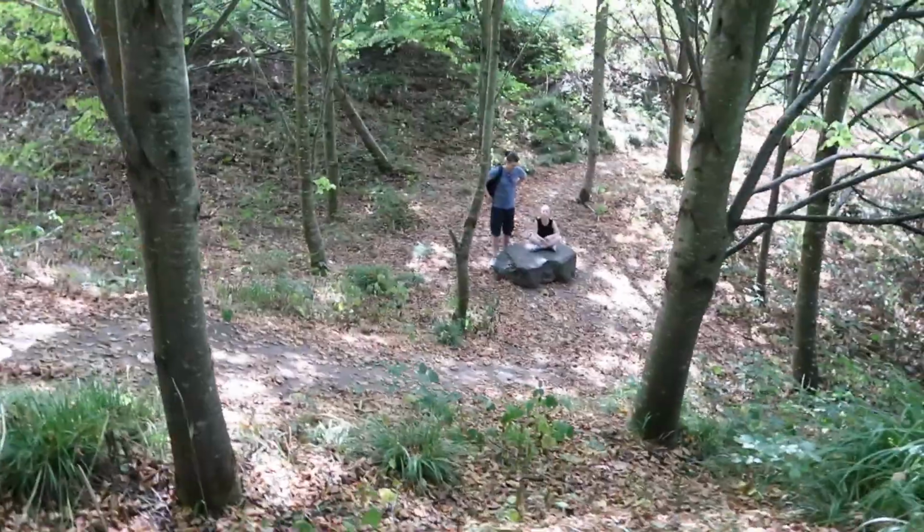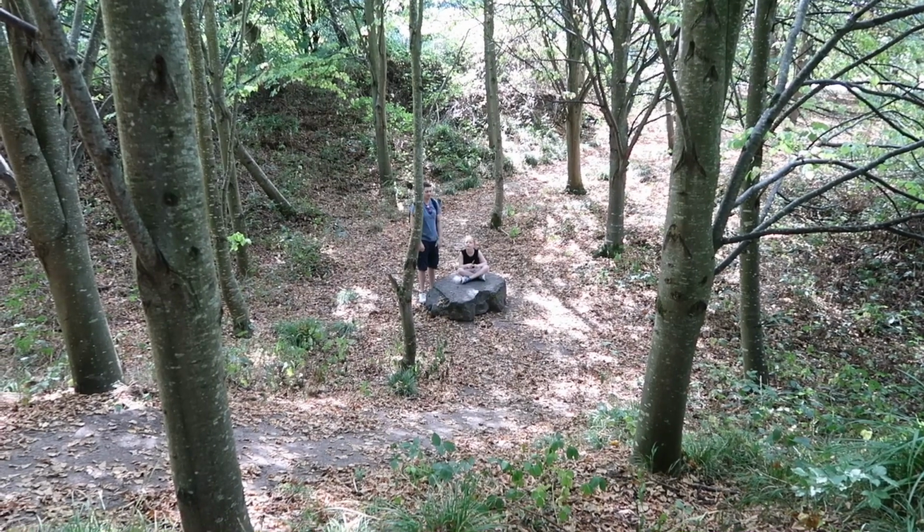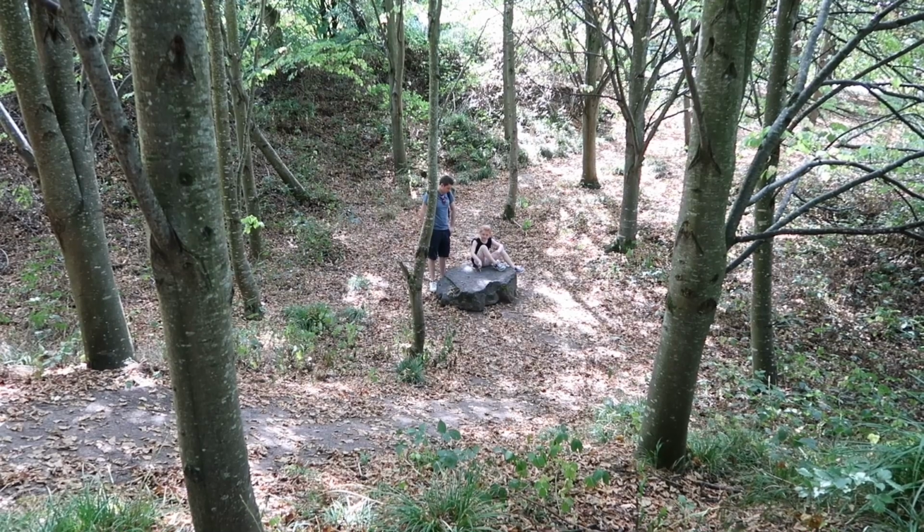Robert and Ava made it to the end of this spiral. There's something written on it. What's it say? It doesn't say anything, but it's a big fall. Oh. Come down and